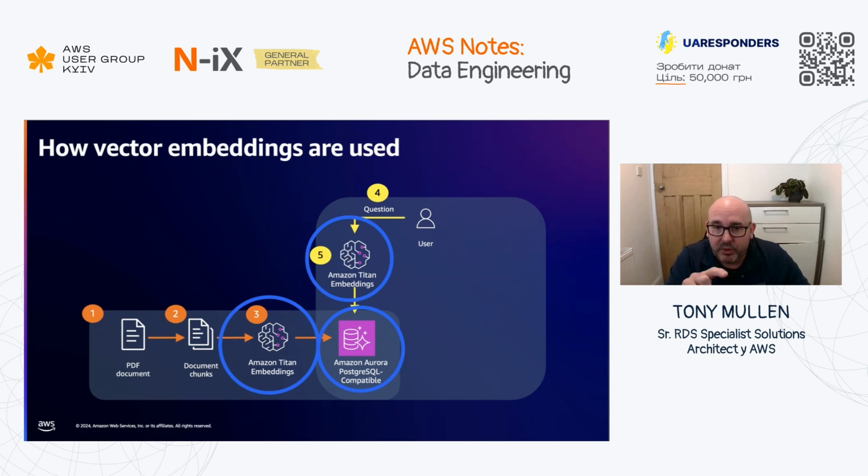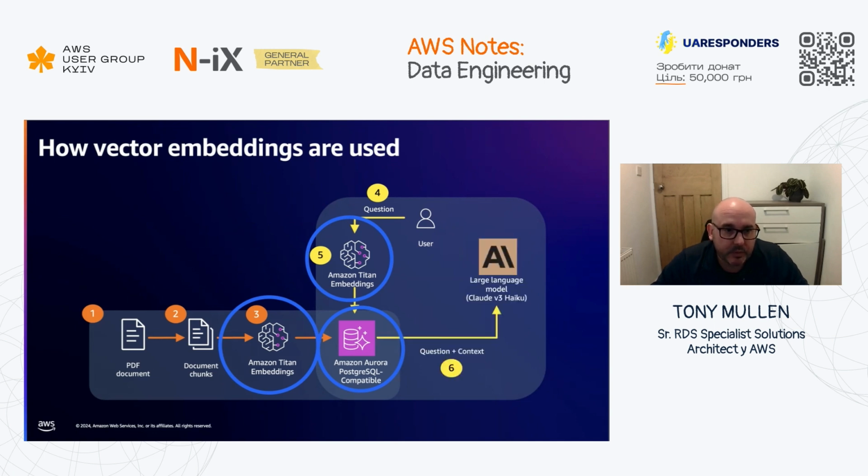And what happens then is that it converts that into a vector, which then goes through something called a similarity search against the vectors in the database. We have an index on our vectors. Giorgio will talk more about the options you've got in that space as well. And then you can get the question and the context passed back to a large language model. In our case, we're going to be using Claude 3 Haiku.